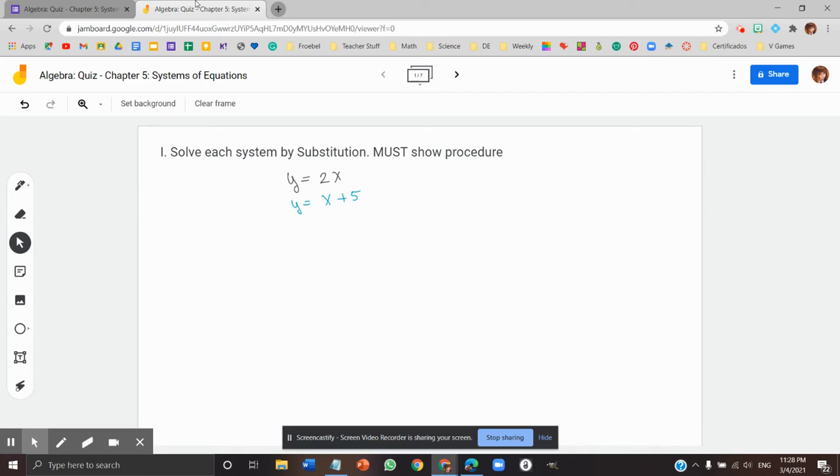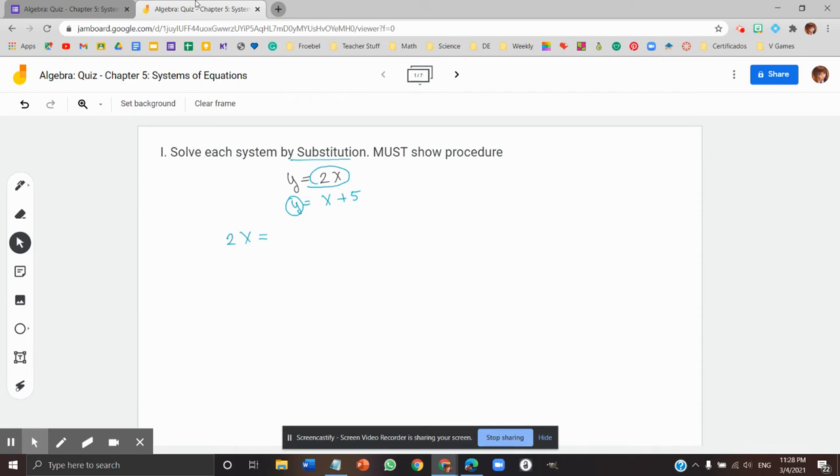So you have two equations right here. That is a system of equations. They have two variables. And I'm going to do this by substitution. Meaning, if y equals all of this, then I can substitute this y with what that means right there. So I can rewrite my equation as 2x